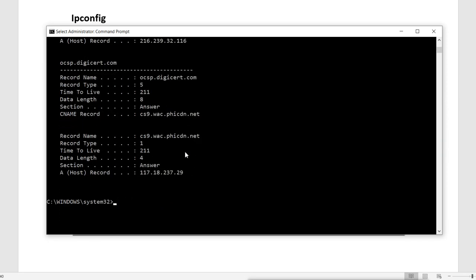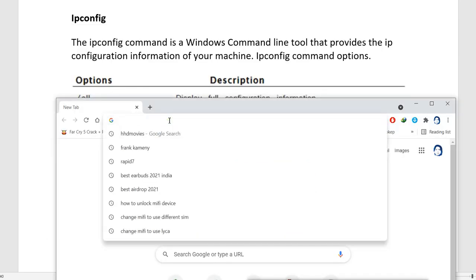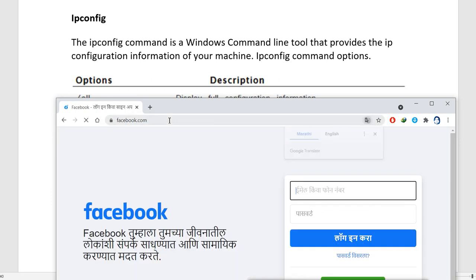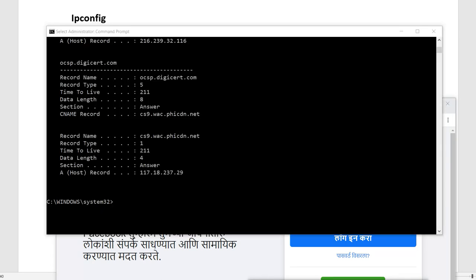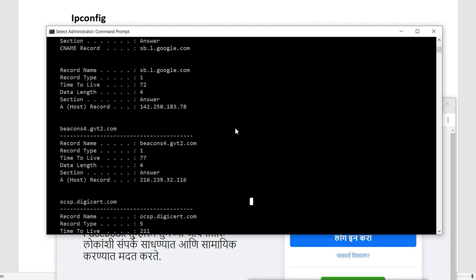So this is the URL, and it will cache all the URLs when we access any site. Let's say for example we access some site now. I will try to go to facebook.com. Now I have accessed facebook.com. Remember, it was not available in our cache, but now it is available in the cache. That means it has been recorded.